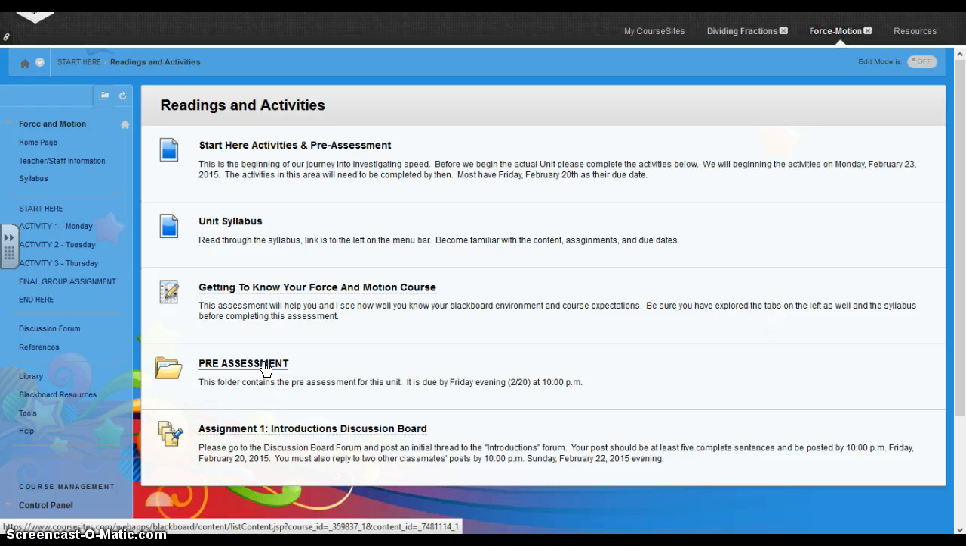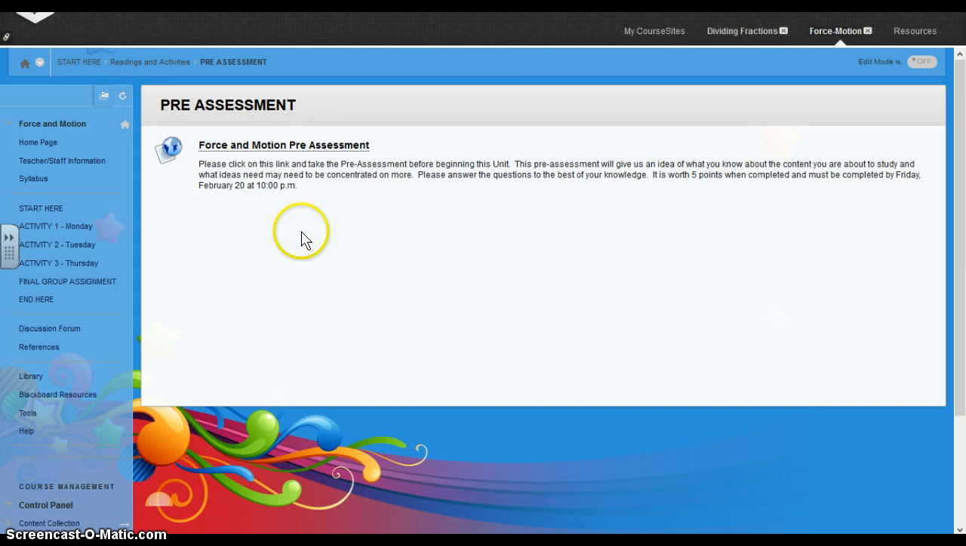Next, you have a pre-assessment folder. You're going to want to click on this, and it's going to take you to a link for the Force in Motion pre-assessment. This is a quick 10-question assessment that will let me have an idea of your background knowledge on the content that we will be teaching in this unit. After the pre-assessment,